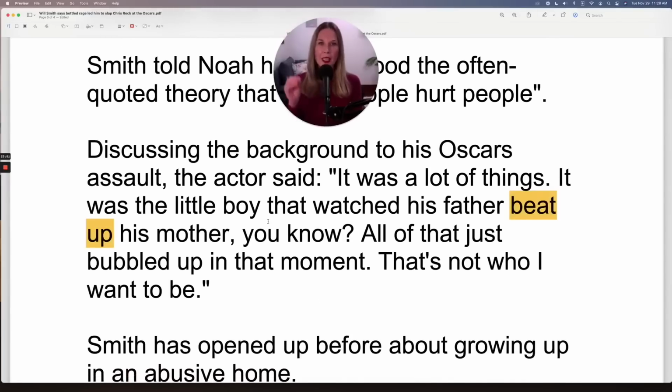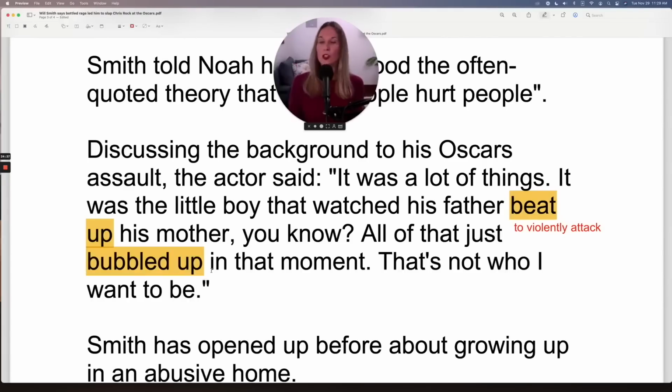So to beat someone up means to violently attack someone. So it has a very negative meaning, especially when we're talking about a father violently attacking a mother, right? You can do that obviously by hitting someone, slapping someone, punching someone. Now notice it's a phrasal verb, to beat up. So we have the verb beat, which you conjugate, and then you add the preposition up.